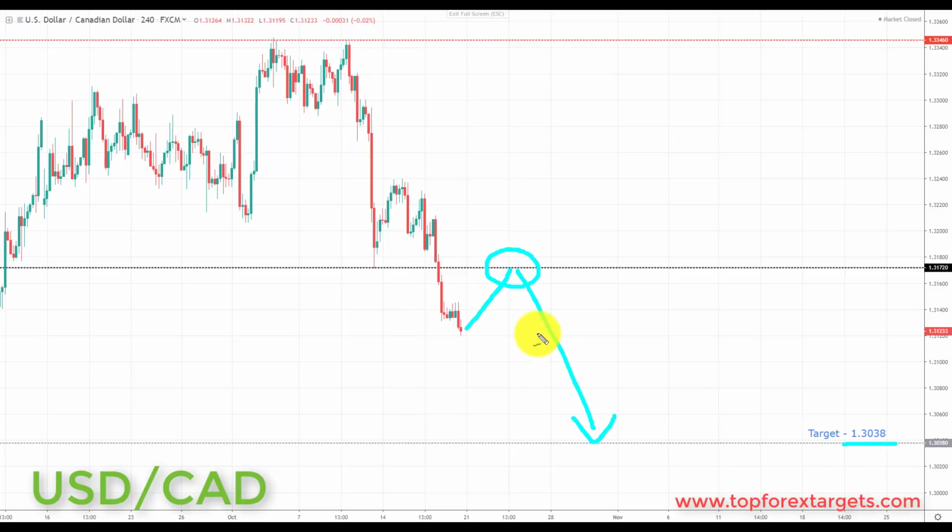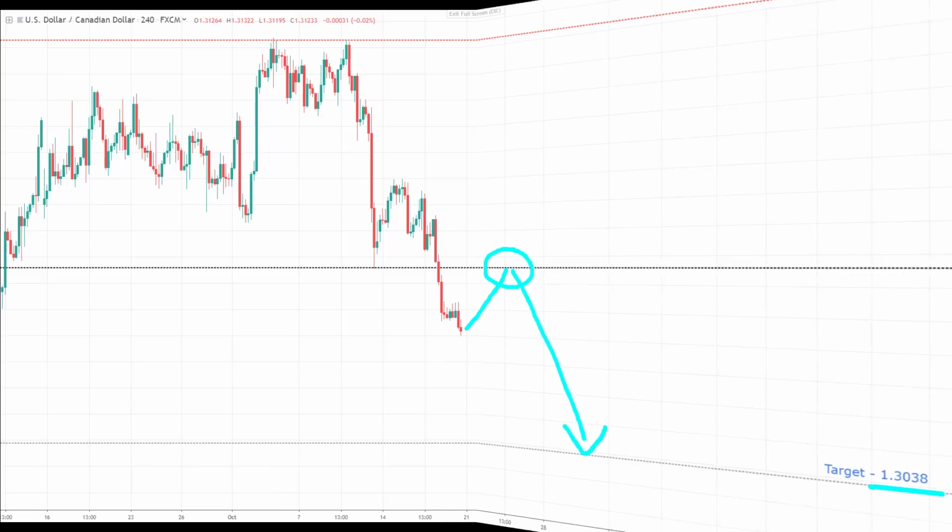Now, if you're not already involved in the US dollar CAD from the past few weeks, you may want to actually wait for the elections to pass before getting involved with this, just to be on the safe side, especially if you are new to trading, to avoid any whipsawing or volatility in this market.